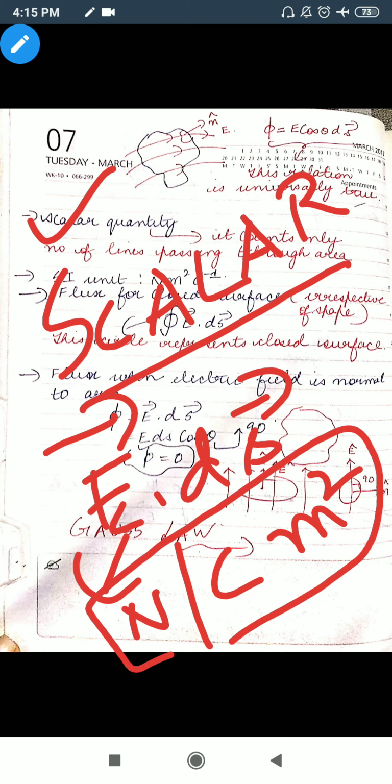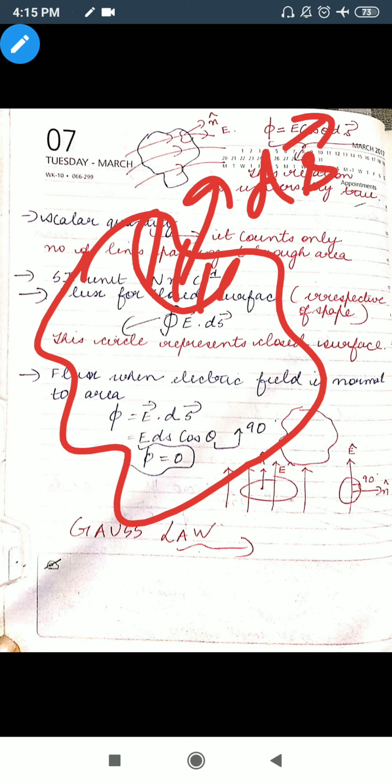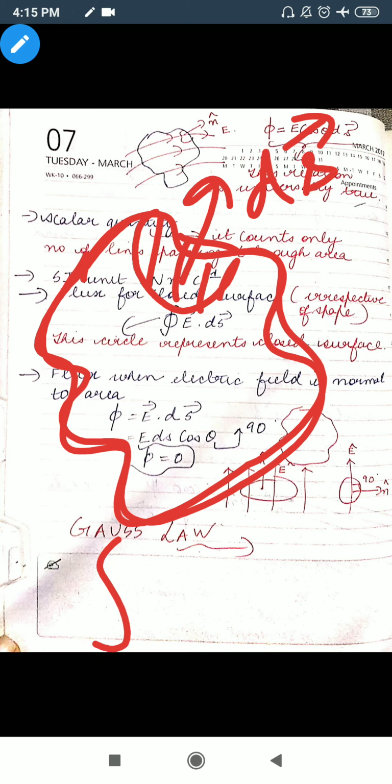Now if we want to calculate the electric flux over any closed surface, we always consider, if there is a surface which is of irregular shape, a small portion of that surface and we will draw a unit vector. So that will become my area vector. And if I want to calculate the total flux over this whole surface, then I have to integrate it, and on integrating I will get the total flux.